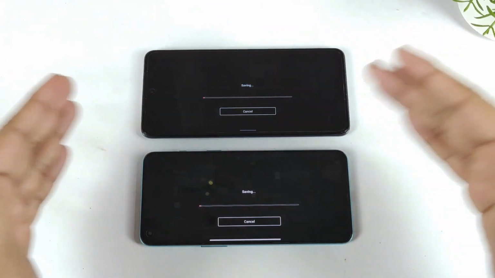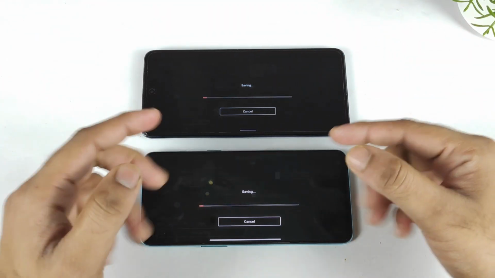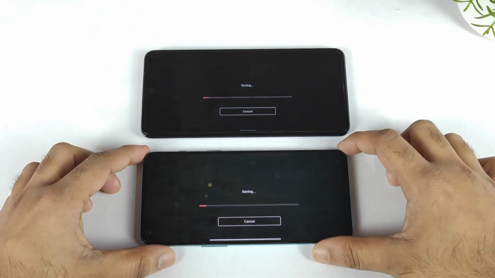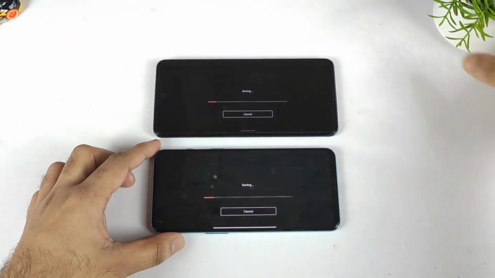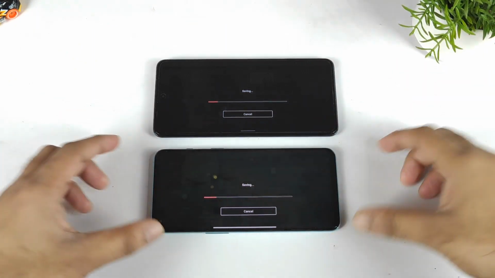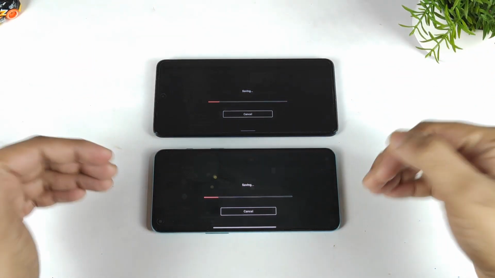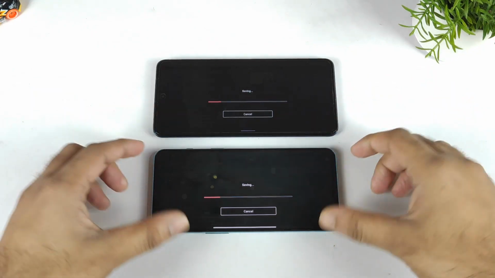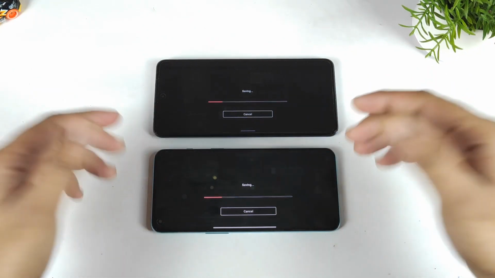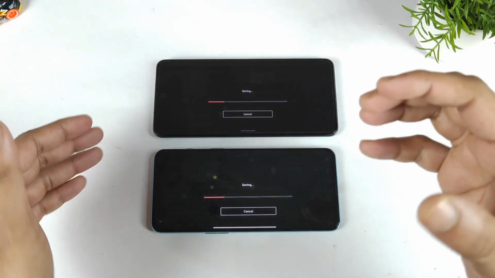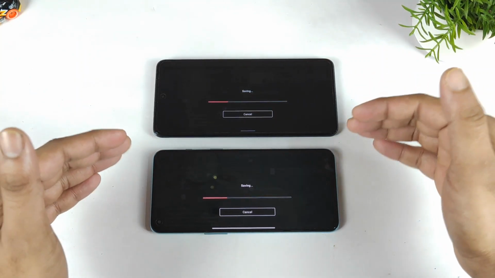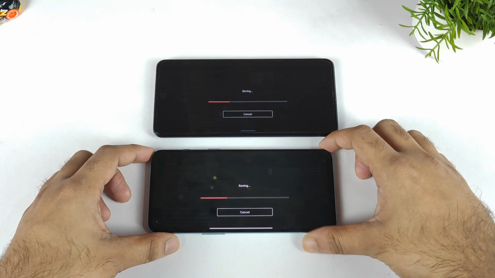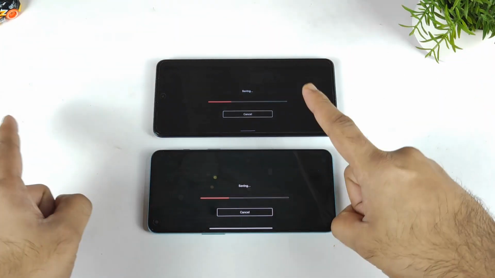All 10 applications are completely open, and this is the last application, the KineMaster video rendering application. This is going to be really interesting to see what happens next. Right now I'll just keep the Snapdragon 778G and the Dimensity 1200 running. You might be able to see, friends, exactly what the actual difference is between these two processors regarding rendering speeds as well. Once this one is done, we'll visit the first application.